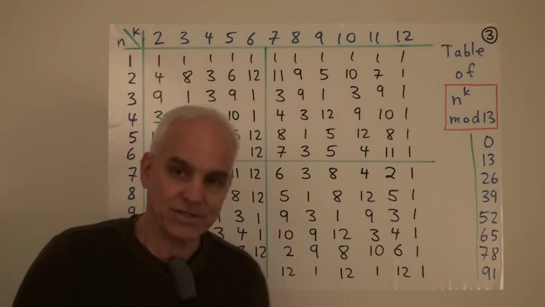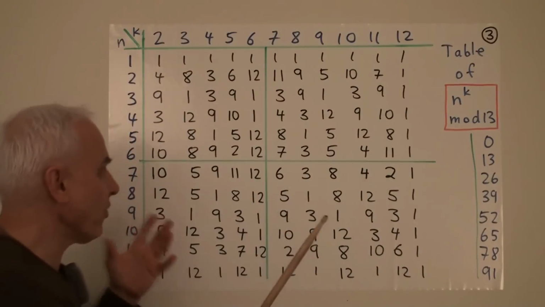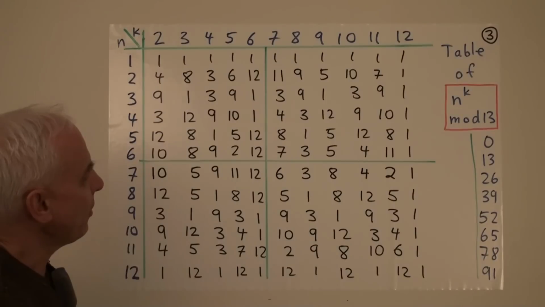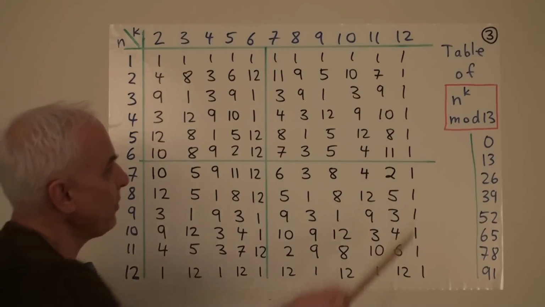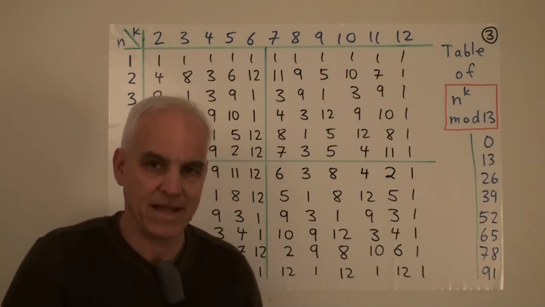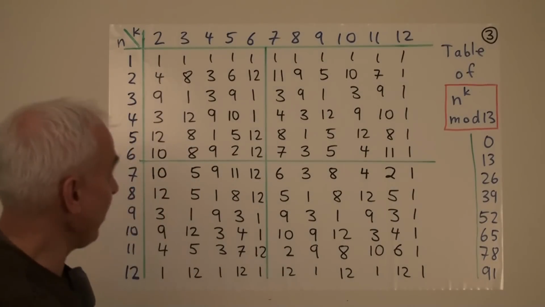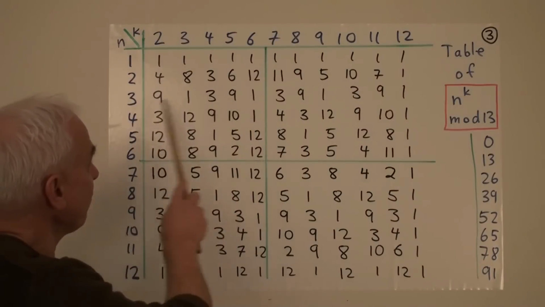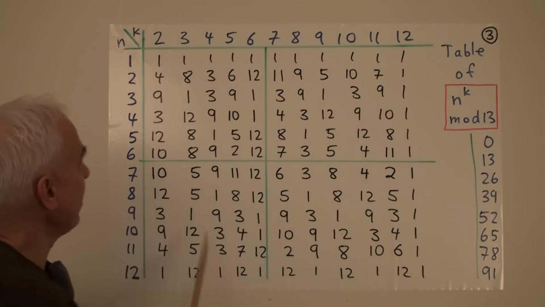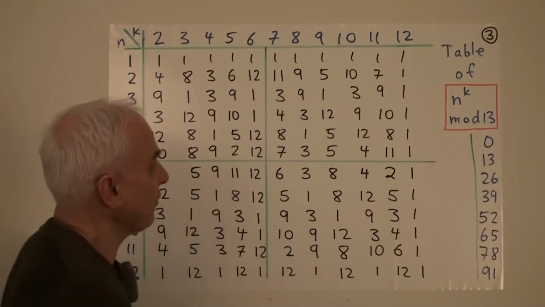So what do we see? Well, there are some very nice patterns here, but it's also not entirely obvious what the overall story is. Let's observe that a very important issue is that when we get to the 12 column, all of the numbers are 1. That's the most important fact about this story. There is 1 scattered elsewhere, and depending on the number or the row that you choose, the 1s are appearing at some regular intervals. So here they're appearing every 3 times. There's a periodicity of 3.